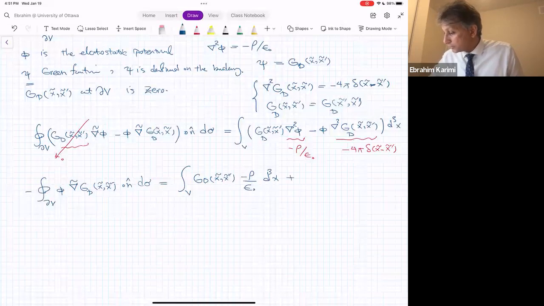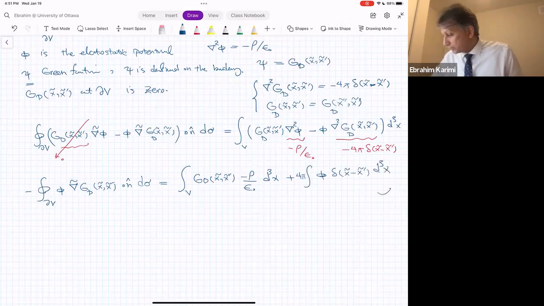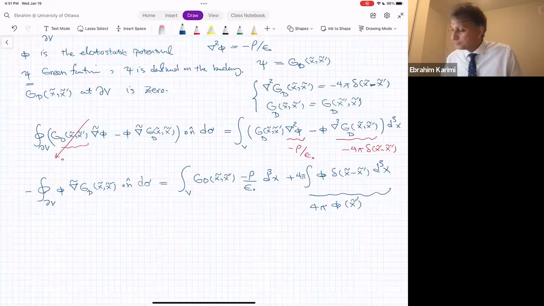That will be plus the integral of 4 pi phi delta of x minus x prime d3 of x. So that, based on the discussion that we had, the phi times the delta Dirac will be 4 pi phi of x prime. And from the other side, what I will get is a minus 1 divided by epsilon naught